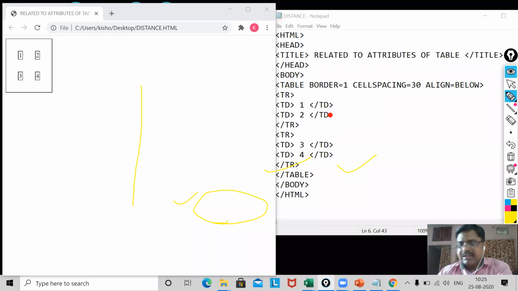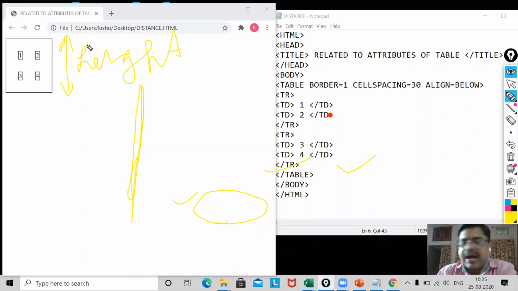Width is what? Yes, you are fat, my dear. How is fat understood? Yes, by the length. Fat means width. So this is my length. So here, if I have to specify the height of the table, this is the height, my dear. I have to increase this height, then I will use the height attribute. This way I want to specify. No, if the width will be more, then you write width. Now, I'm going to show you by which you can understand height and width.